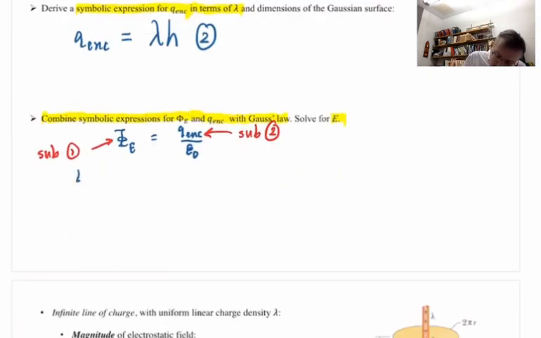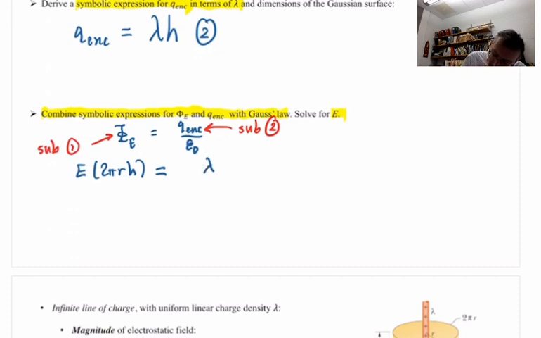So E magnitude times 2 pi RH on the left equals Q enclosed, lambda H, divided by epsilon 0, and then solve for E. Of course, simplify: you can divide both sides by H, and then to solve for E, divide both sides by 2 pi R, and you get the magnitude of the electric field is lambda over 2 pi epsilon 0 R. And we get a pretty famous result for the electric field